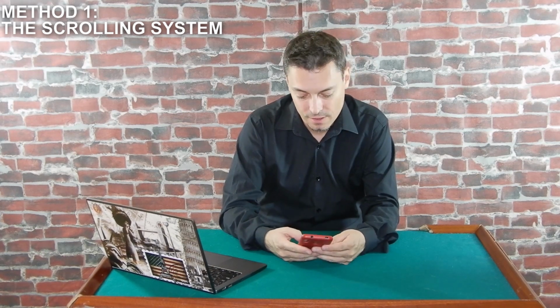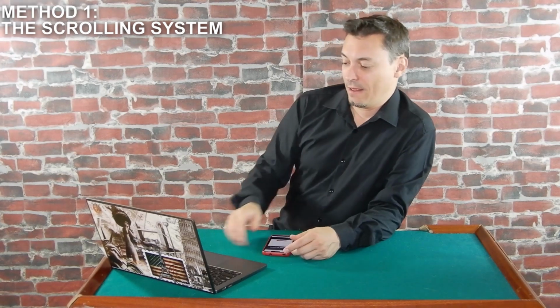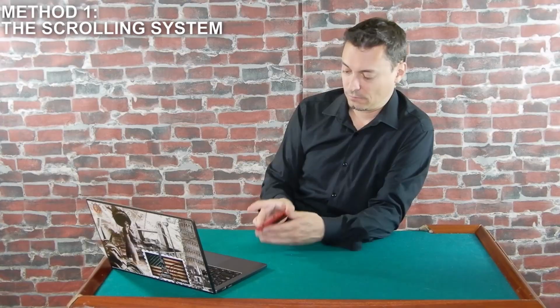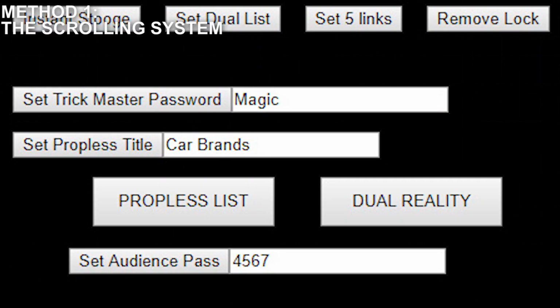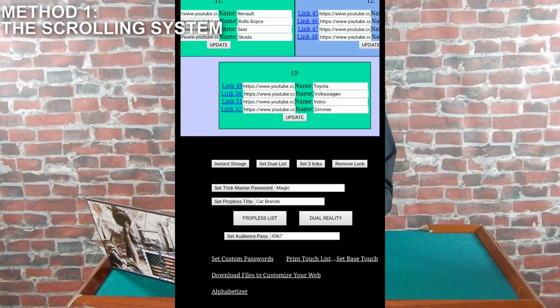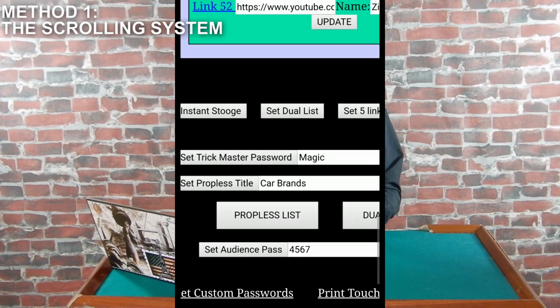So when the spectator calls out the car brand he wants, you need to have in advance your control panel open, because you are going to hit Propolis list, and there you have a scrolling list. This scrolling list has all the options, in this case cars,